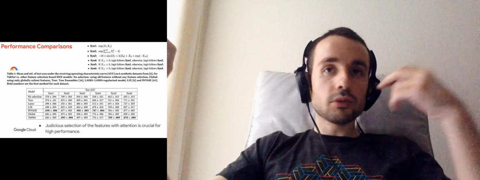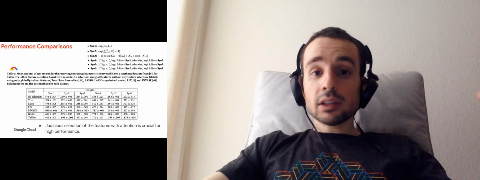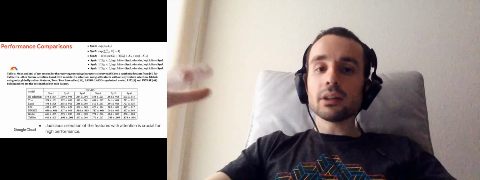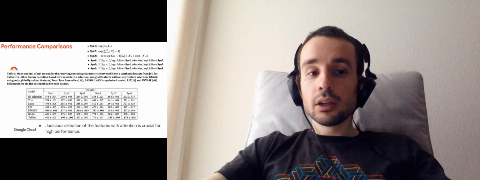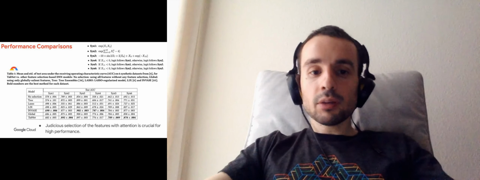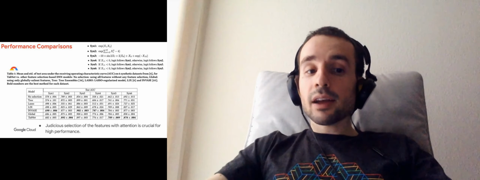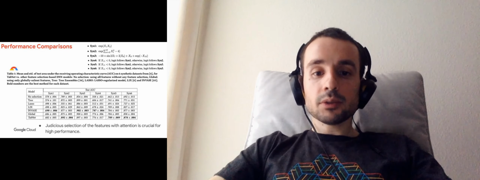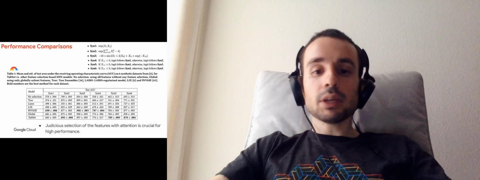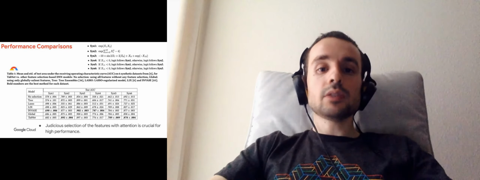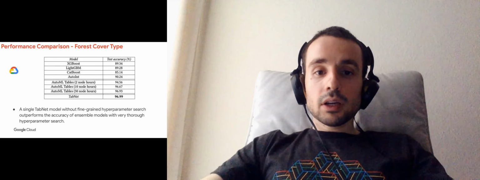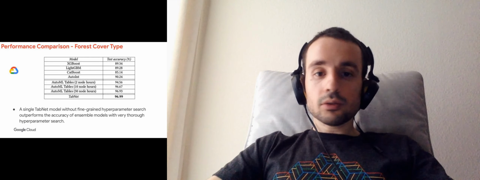So here global refers to the assumption that we knew which features were important by leaking that information into training, to see how much the performance can be pushed. And we can see that TabNet gets very close to this benchmark and even outperforms it in some cases because of instance-wise feature selection. And next, we are demonstrating TabNet on some real-world datasets.